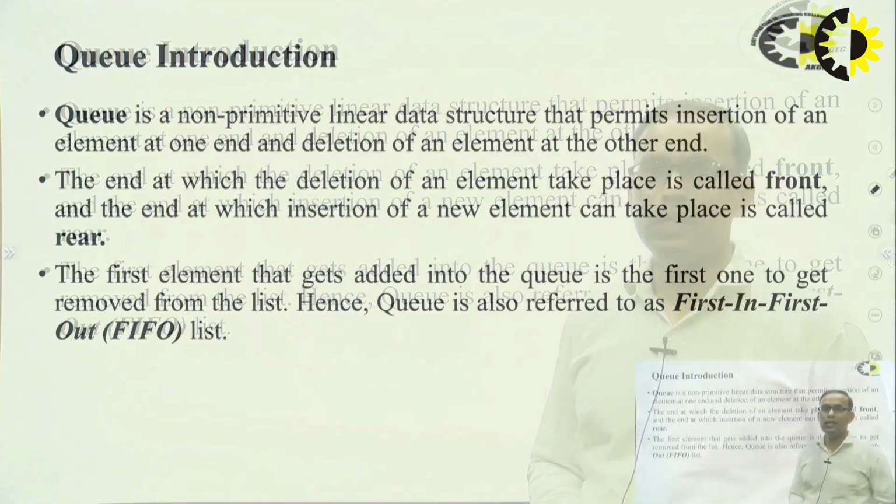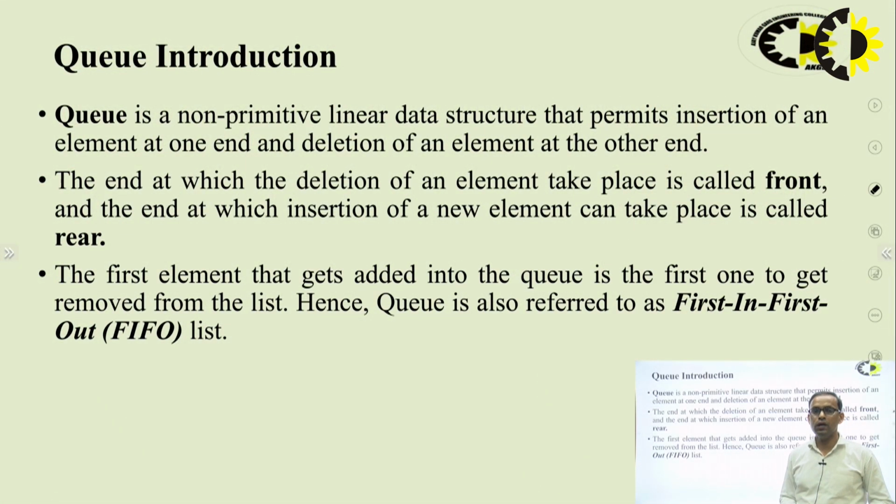Actually, queue is a data structure which is used to store data elements. It is a linear data structure, and it follows the first in first out principle. It means the element which is inserted first in the queue will be removed first from the queue. So, queue is a non-primitive linear data structure that permits insertion of an element at one end and deletion of an element